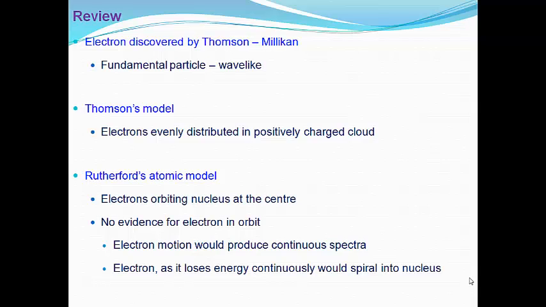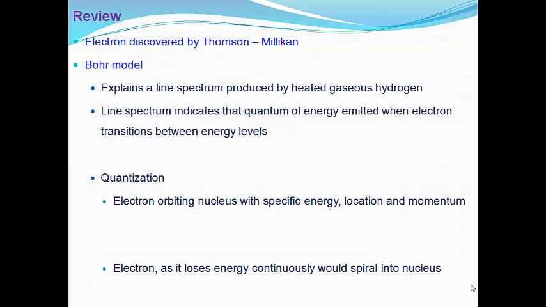The problem with Rutherford's model, however, is that if one were to irradiate a sample of gaseous hydrogen, there would be the production of a continuous spectrum, which would indicate the continuous loss of energy as the electron is spiraling into the nucleus. Because that didn't occur, in fact what occurs is the observation of